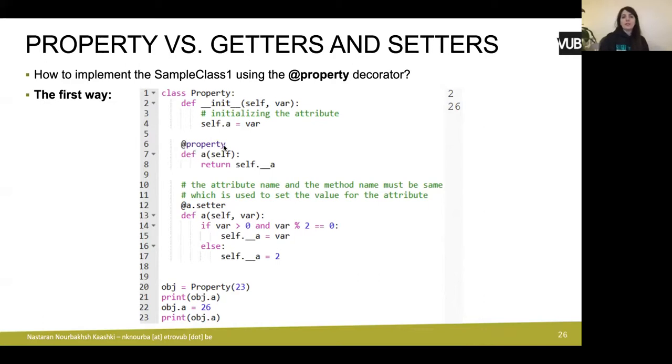So with this property decorator with the same name, I'm writing a getter which is only returning the data of that. You can change it to whatever you want, but the common usage is like that. And the setter is the name of that property, that instance variable, dot setter. This is a decorator, and it has some conditions, but